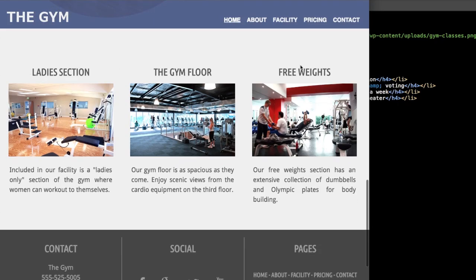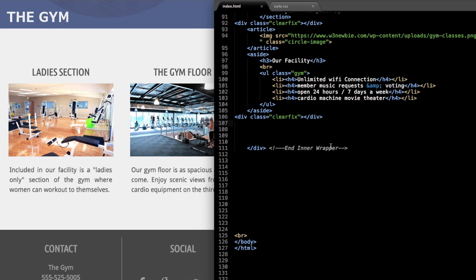So we'll have heading 3s, images, and then paragraph text underneath. Okay, so let's start the first 1/3 section class here. So again, we'll use the section tag and write section class 1/3,